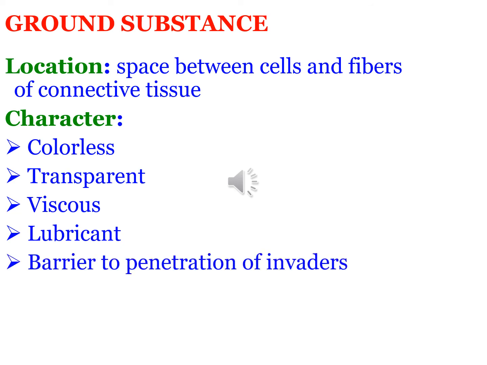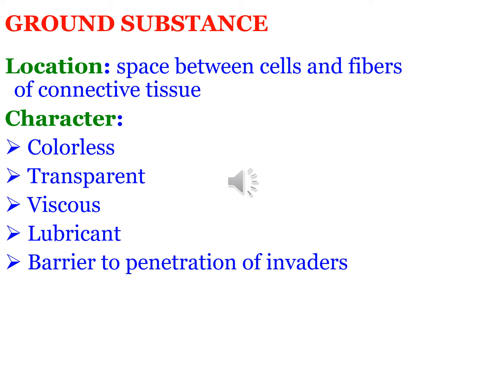Now we are going to discuss ground substance. Ground substance of the extracellular matrix is highly hydrated. It has a lot of water bound to it. It is a transparent, complex mixture of macromolecules, particularly glycosaminoglycans, proteoglycans, and glycoproteins. It acts as a filling space. It fills the space between cells and fibers in the connective tissue, and because it is viscous, it acts as a lubricant and prevents the penetration of pathogens and invaders. Many macromolecules and physical properties of ground substance profoundly influence the variety of cellular activity.